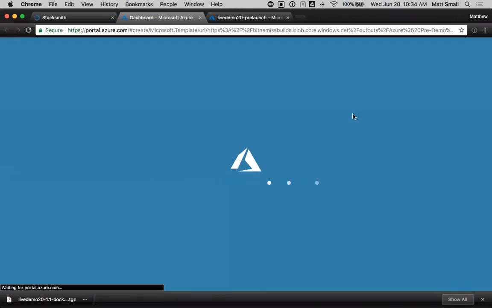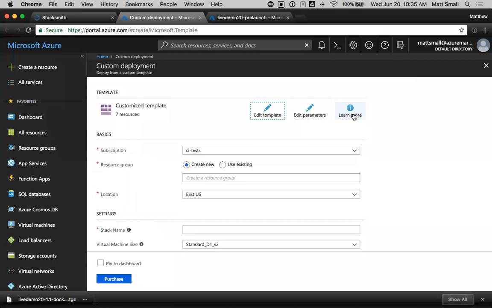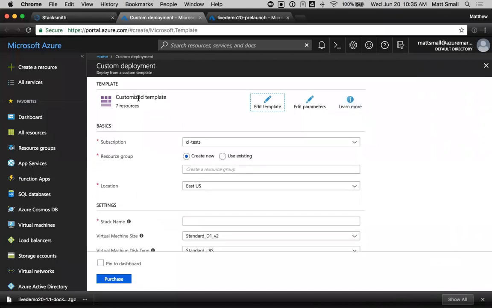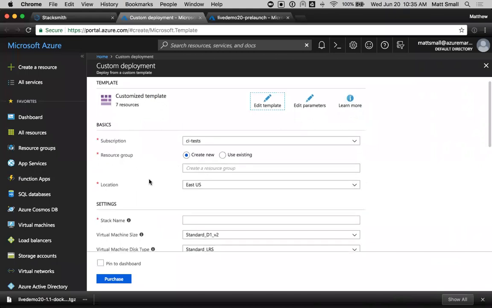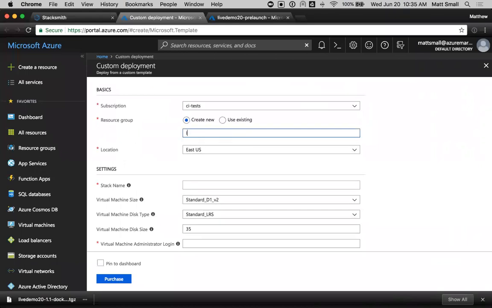This is really underscoring that there's nothing fancy here that we're doing with these templates. This is just a standard ARM template that's created. The images that were generated as part of this process are already stored in Azure Blob as well. And now at this point, I'm straight into my launch process in Azure Portal for this application. Now, all of these settings here, I do need to fill out, but all of these settings can be controlled in the stack template. I'm going to give this a new resource group name of live